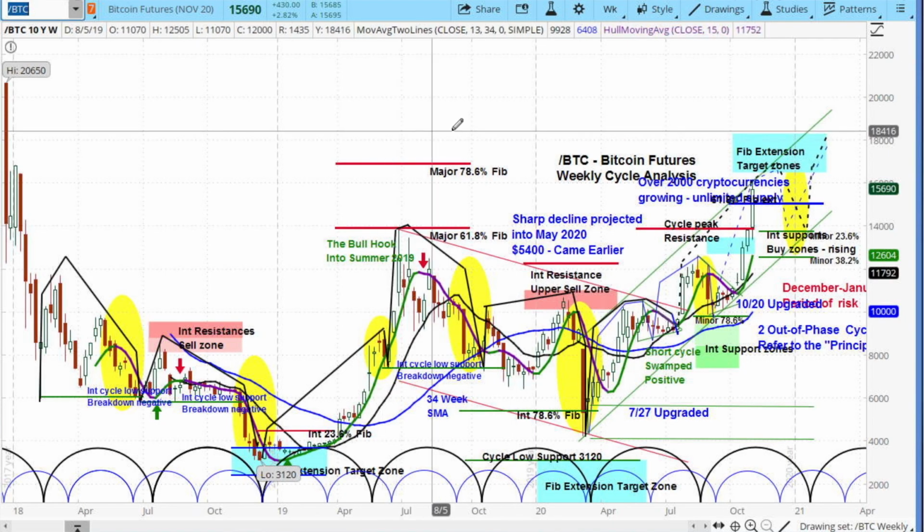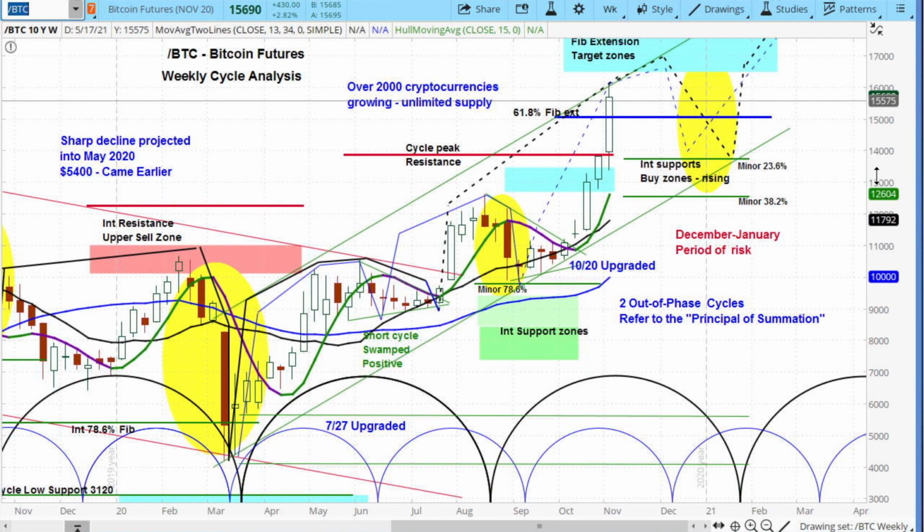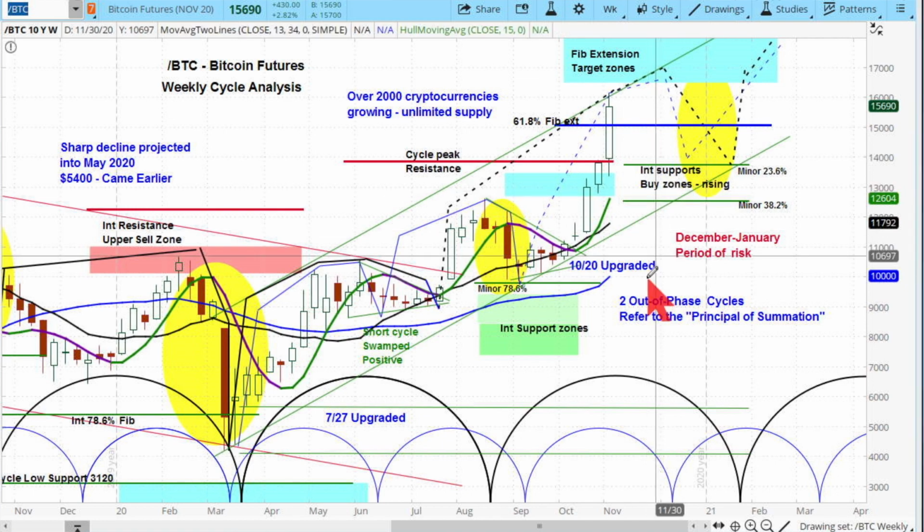So I'm going to tell you that I have been negative on Bitcoin, well, up until just several weeks ago, when the patterns turned so positive that we went right with it, because that was really the right thing to do. No matter how much I'm positive or negative, I'm always going to give the greatest weight to what we see in these patterns. This is kind of an unusual one, because what we have is 2 out-of-phase cycles in here,